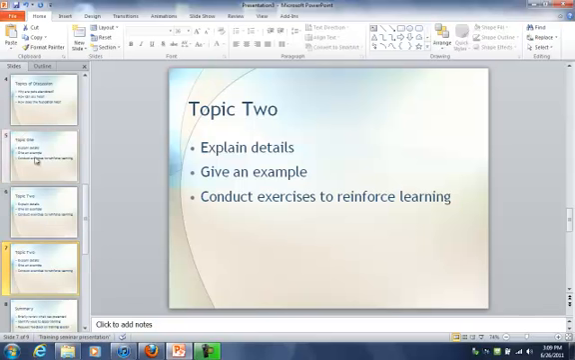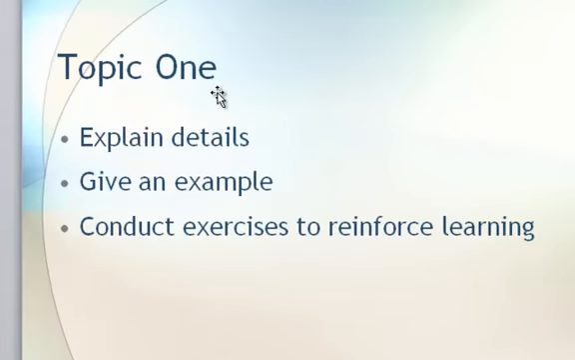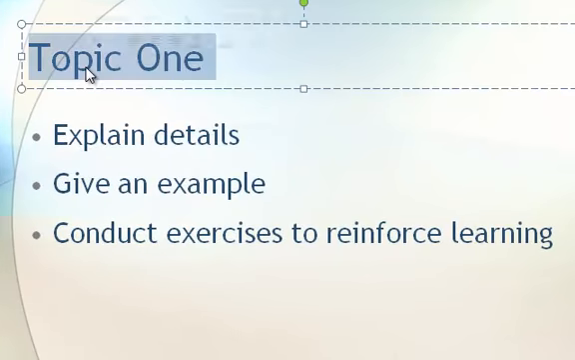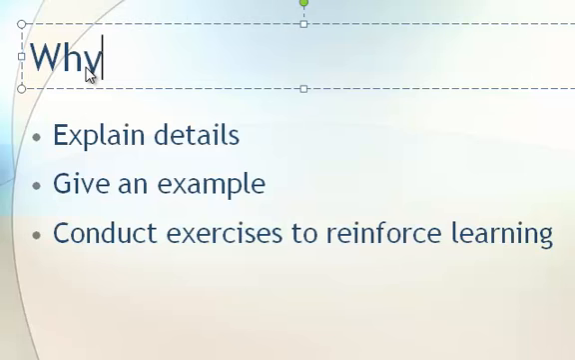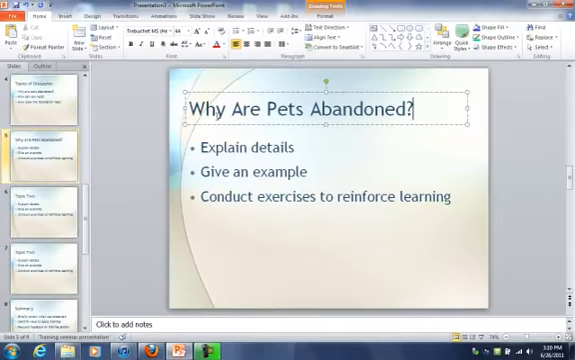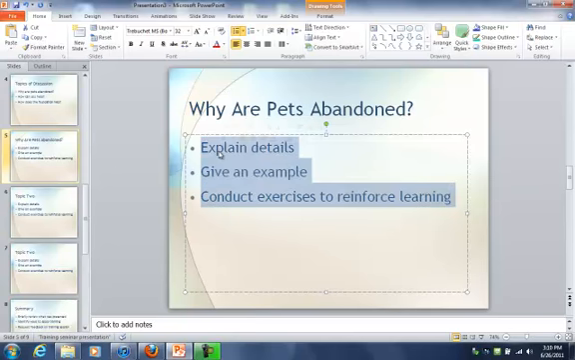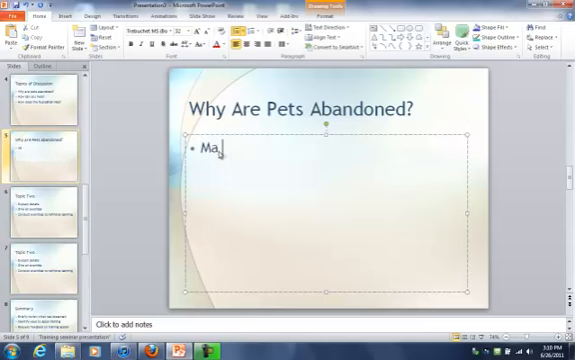So I'm going to make slide 5 my current slide. And I'm going to go ahead and change some of the text here. I'm going to change the title to Why Are Pets Abandoned? And then I'm going to put in the following bullets. I'm going to put in maintenance, expenses, enter, change in lifestyle,